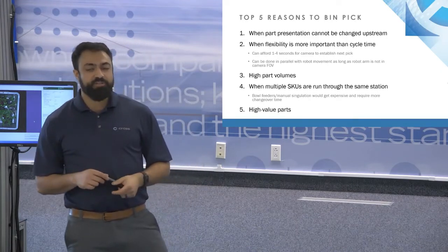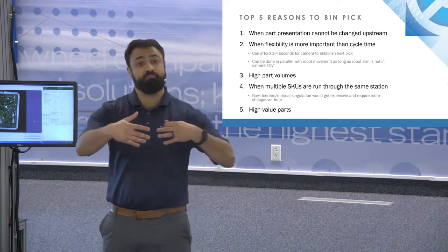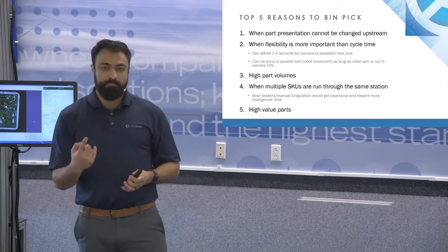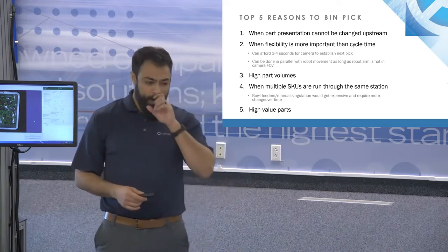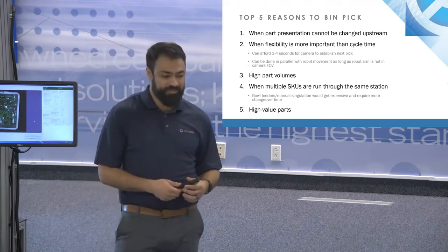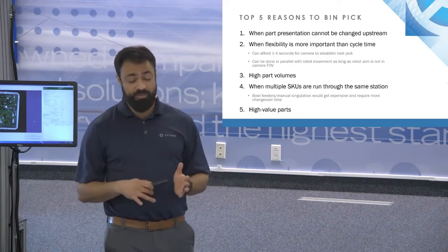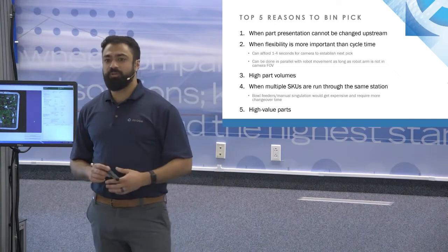Multiple SKUs, I've kind of talked about this. Each SKU mechanically would need probably custom tooling. One bin picking station can handle several. As we discussed earlier, the upper limit is determined by you, not by a technical limitation in a practical sense. High value parts, we'll talk about this in a little bit, but